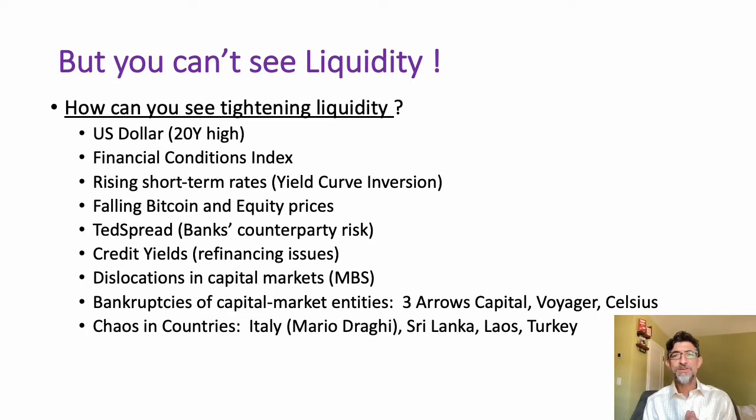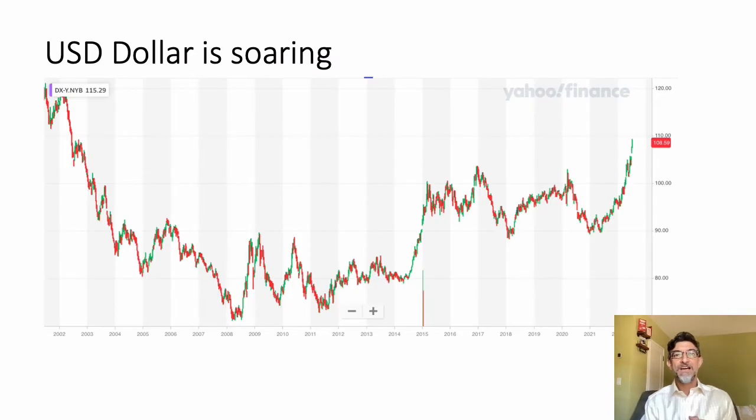So now I want to focus on what you really need to look at. Remember, I said the only one word you need to look at is liquidity. And now I'm just going to focus on one or two data points that you need to determine liquidity. That's all you need to look at. So let's look at that. The US dollar. I like to use the US dollar because it's global. So the US dollar implicitly tells us what's the status of global liquidity.